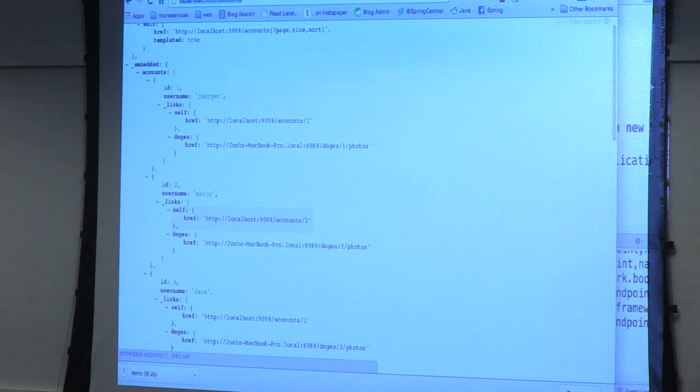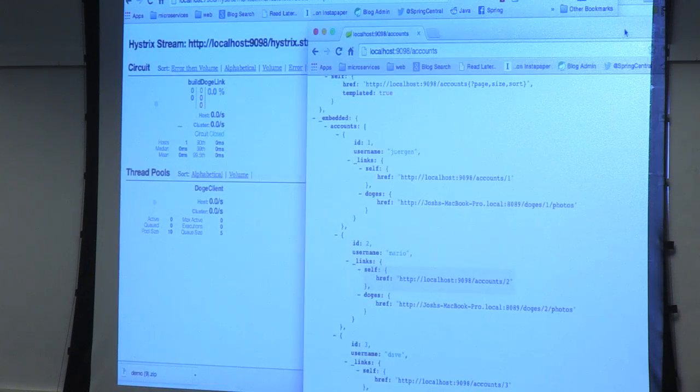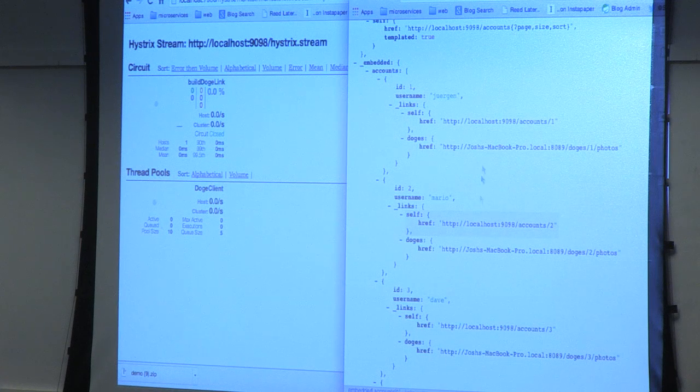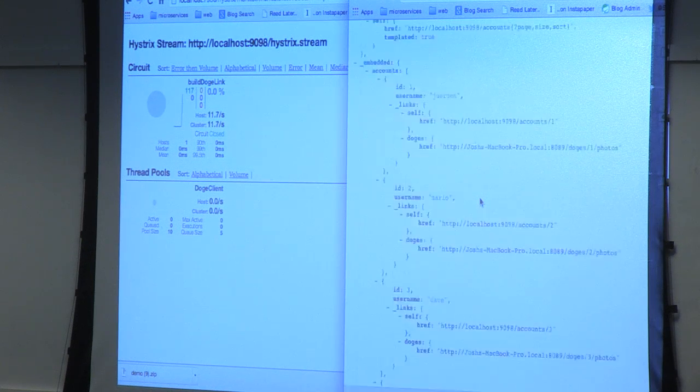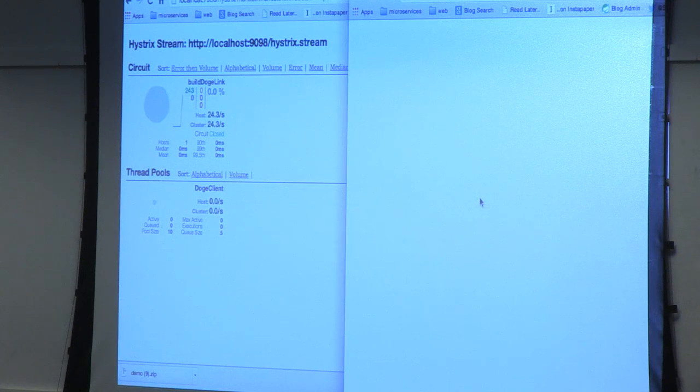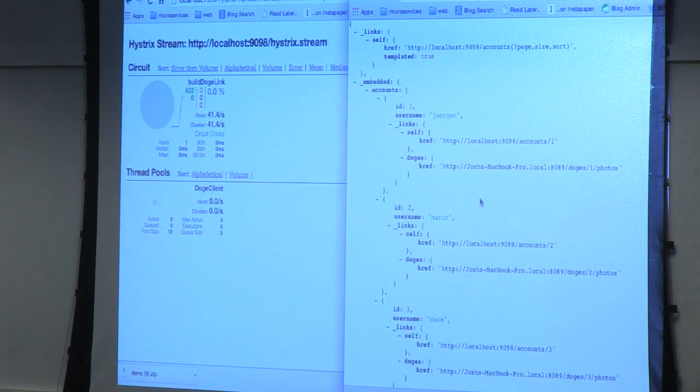So now I'm going to go back over here, and I'm going to stress it. There's no way for me to, with my human hands, trip the circuit, but it's an interesting visual. So you can see as I flood it on the right, I can see a moving average of traffic on the left, and as I let go of the gas, it drains off, right? So it's live, it's interactive.